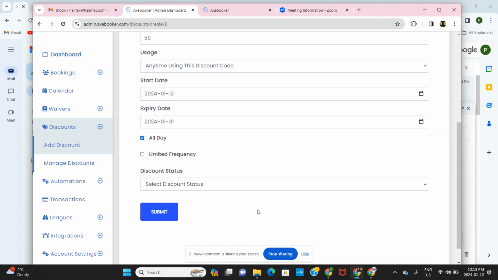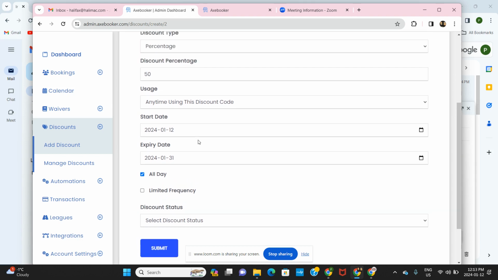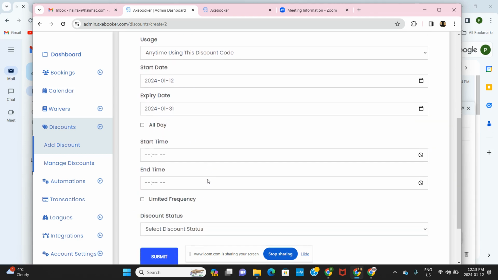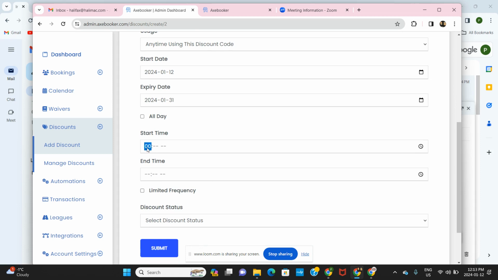Now, you may be thinking that you don't want to have your league members have access to the entirety of your open hours to be able to use this discount code. Perhaps you want to limit them to not all day, but between set hours. So perhaps you'd only like them to be able to use the discount code between 4 p.m. and 6 p.m. If that's the case, you can simply unclick all day, select a start time and an end